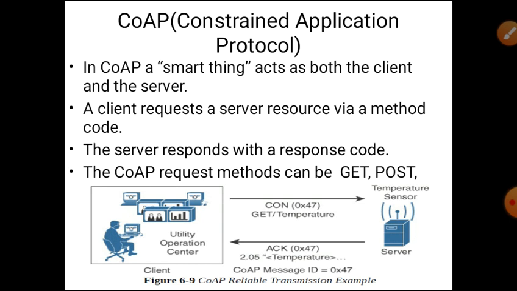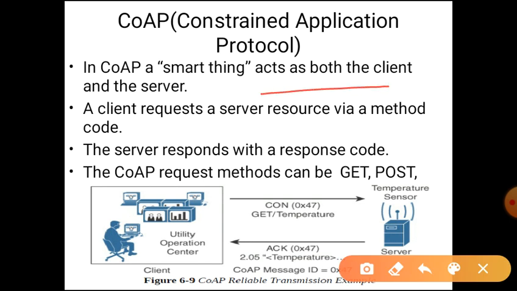Next, in CoAP, the smart object, the smart thing, can act as both a server as well as a client. Here, as shown in this diagram, we have the client, that is a utility operation center, such as a gas or oil industry, or a power supplier company, or an application running building automation.